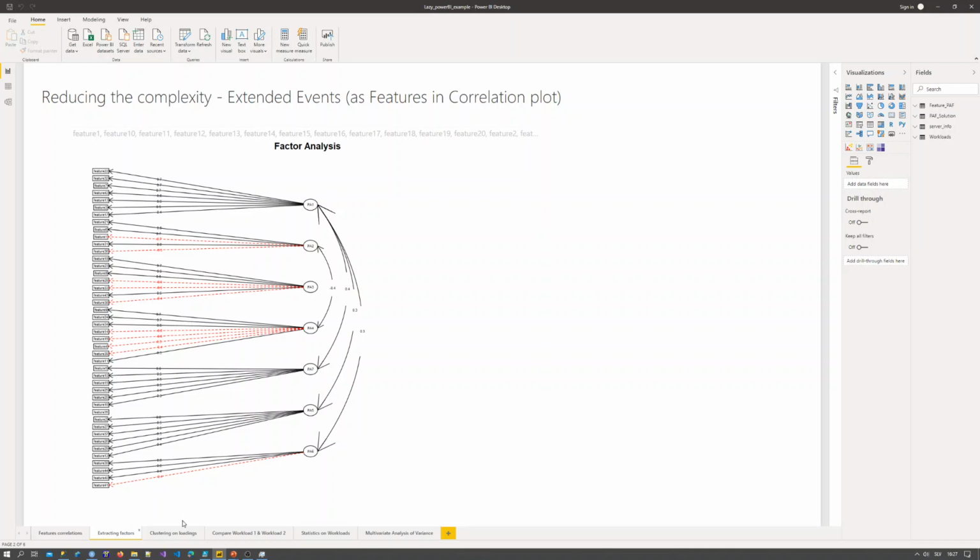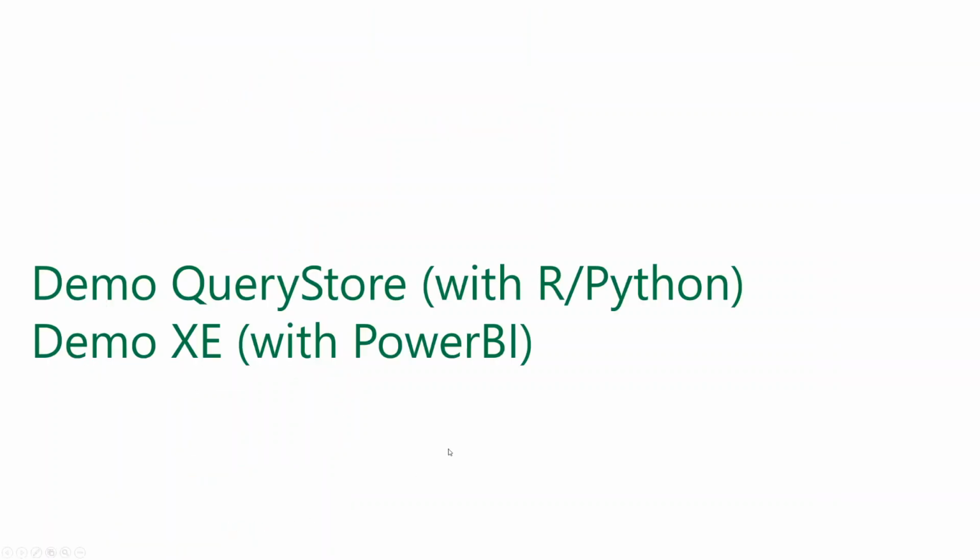And once I have this, I can go on and continue using additional statistics or try to figure out why a particular query was running in this particular case, etc. So this is one of those ways how to use extended events, or how to represent them in Power BI, or how to use them with some multivariate advanced statistics. Okay, now I'm going to go back to the slides and continue with more ideas.